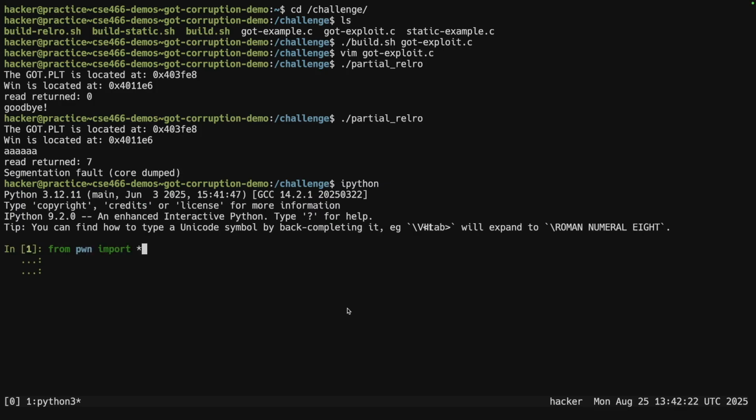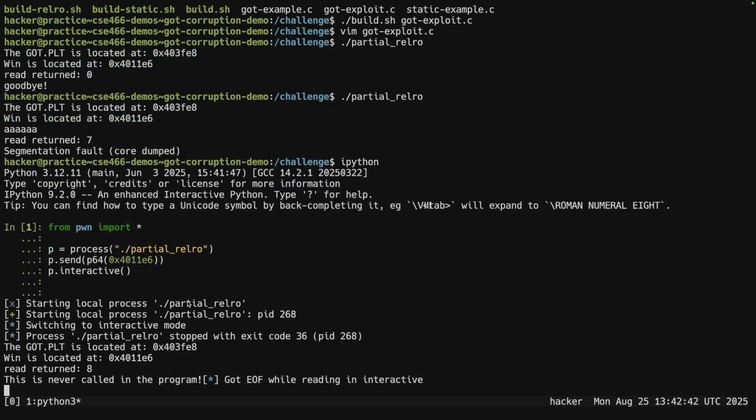We can go from pwn import *, p = process("partial_RELRO"), p.send. I'm going to send that win address here, but I'm packing it to 8 bytes, and then we'll send a p.interactive. If I run this here, we see we get the address of the GOT, we get the address